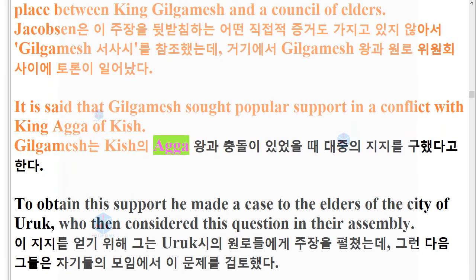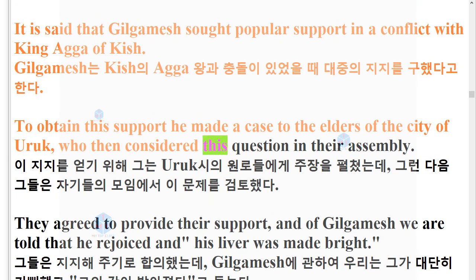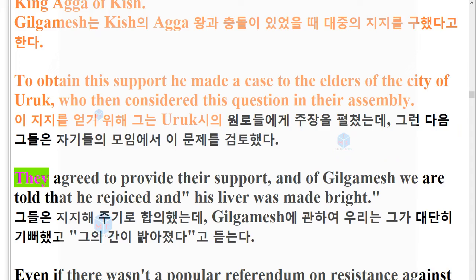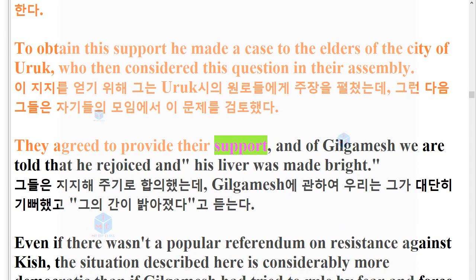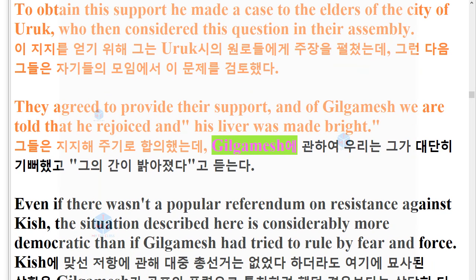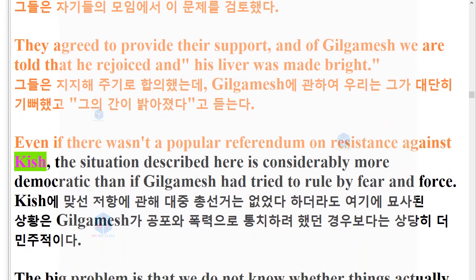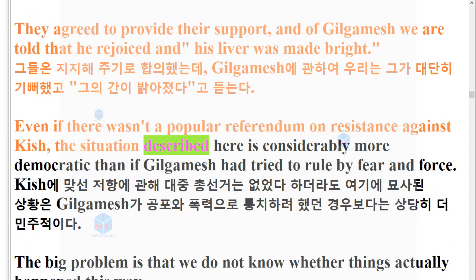To obtain this support he made a case to the elders of the city of Uruk, who then considered this question in their assembly. They agreed to provide their support, and of Gilgamesh we are told that he rejoiced and his liver was made bright. Even if there wasn't a popular referendum on resistance against Kish, the situation described here is considerably